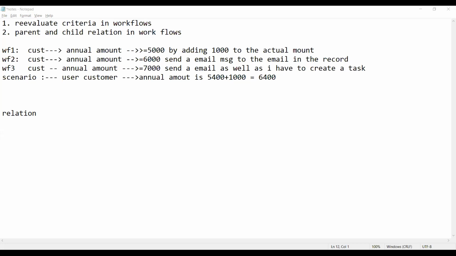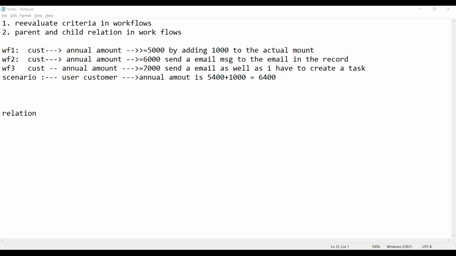Can't see your screen. Okay, actually the screen is sharing. Guys, are you not able to see the screen? I'm able to see. Okay, there is no problem on my side. Just check from yours because I'm sharing the screen.